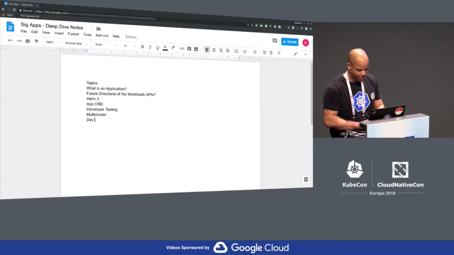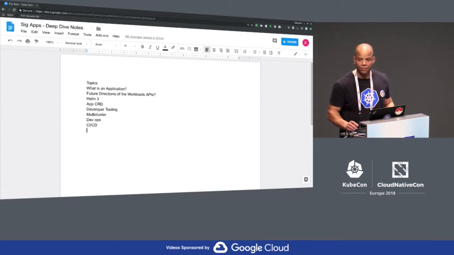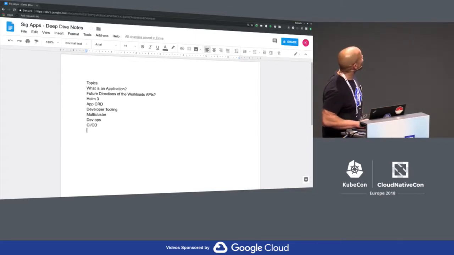DevOps. Official applications? We could take app CRD, what is an application, and official applications, and roll that all up into applications.